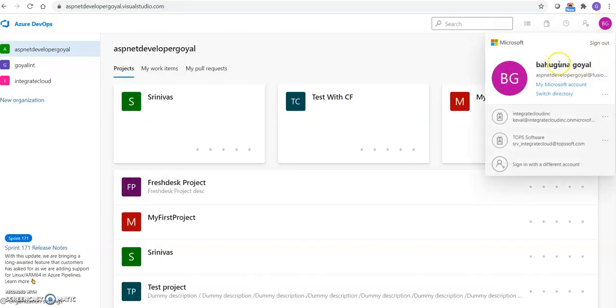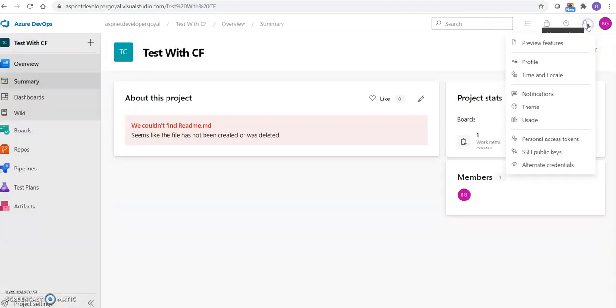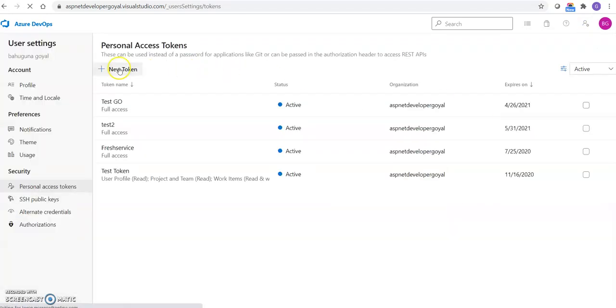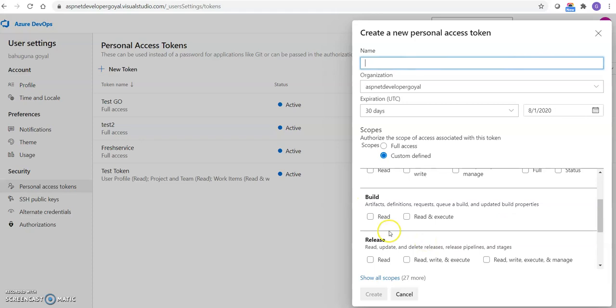Click on your profile. So click on your user settings. Then we have personal access tokens. Click on new token. Enter any token name. And then you can select the scopes as we mentioned. We need work item access. Then